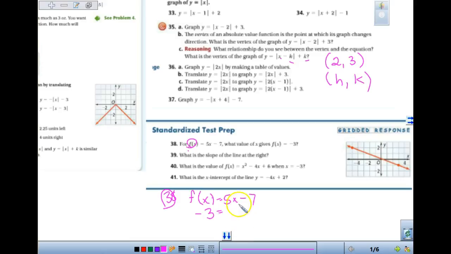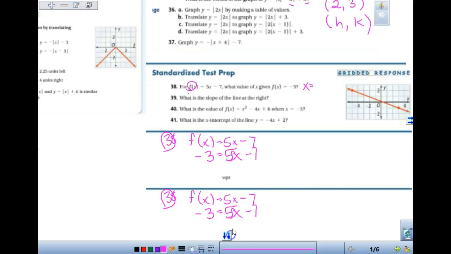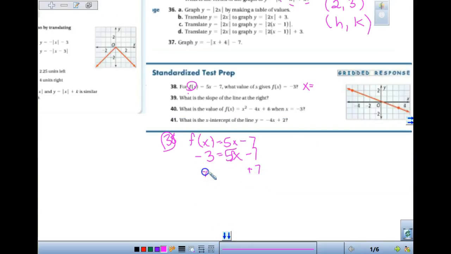So going back to our functions, what is 5x minus 7? They said, what is x, right? That's what it's asking. What is the value that gives you negative 3? What they really want to know is what did x equal, right? So if we're finding x equals, you're going to add 7 to both sides, right? We are now going to have 4 equals 5x, and x is equal to, you could have 0.8 or you could have 4/5. I don't care which way you leave that, right? So you could have had 0.8, you could have had 4/5